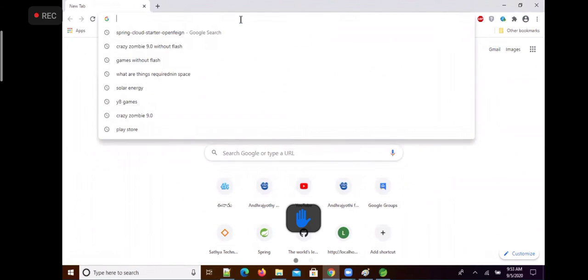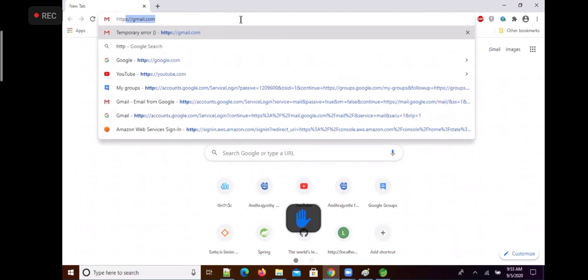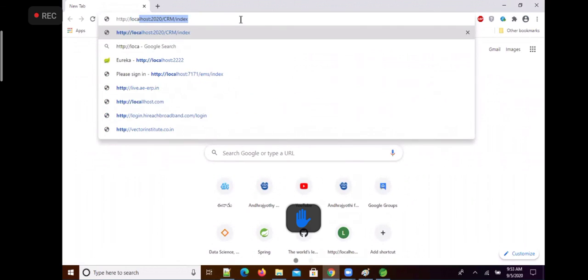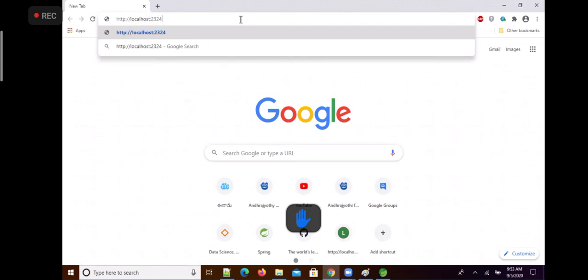The URL to access it is http localhost colon 2324, that's our port. Product REST API is our application context path, swagger-ui.html, right?